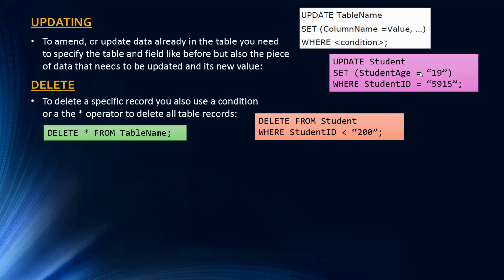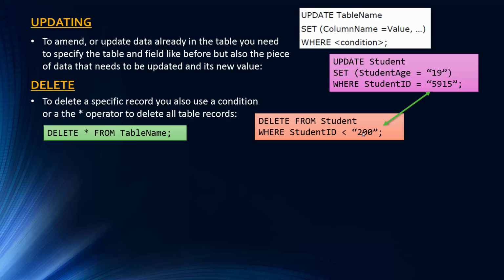But you could just delete some records. So in this example, DELETE FROM are our two capitalized keywords, our table name, and then our condition is this. We're now using one of the operators from previously. So student ID is less than 200. This might be just to remove a class. The class that was just left might have the ID 1 to 200, so you want to get rid of it.